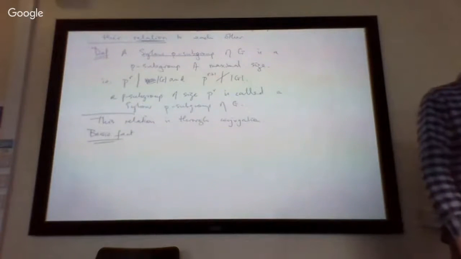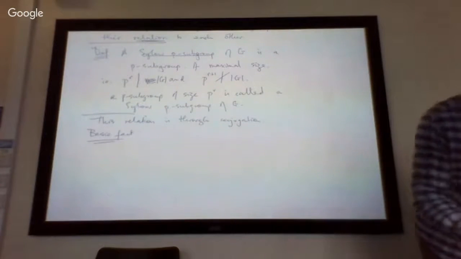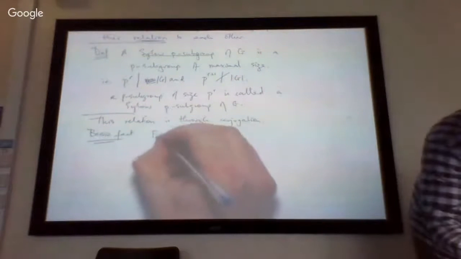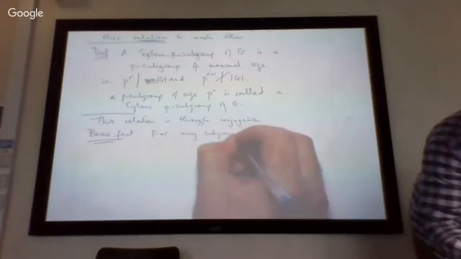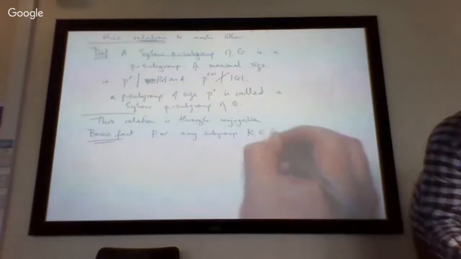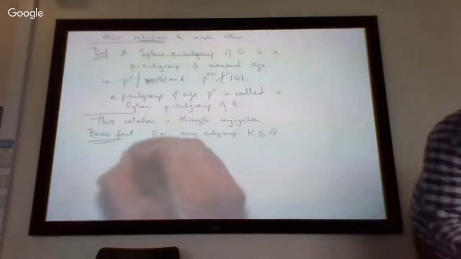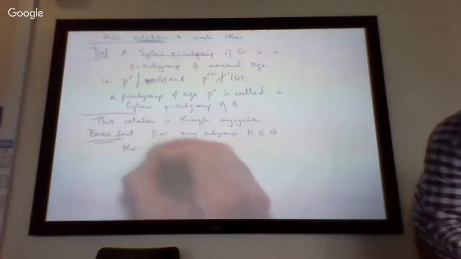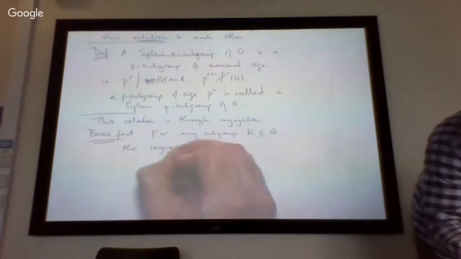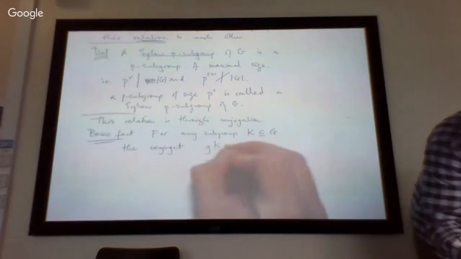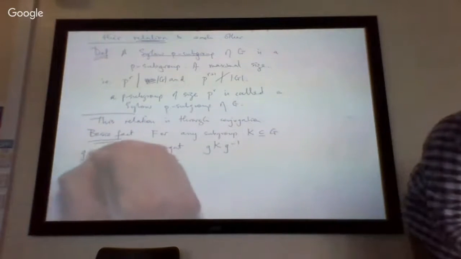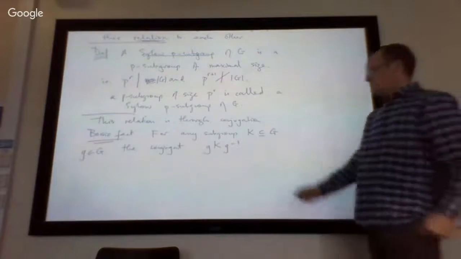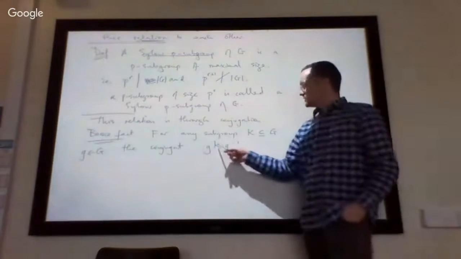But it's a relatively straightforward exercise to show that for any subgroup K, say within a group G, the conjugate G K G inverse. So if G is an element of the group, you can conjugate the whole subgroup